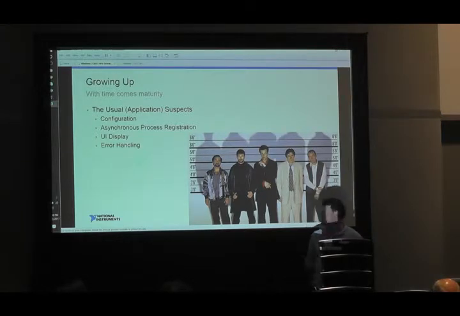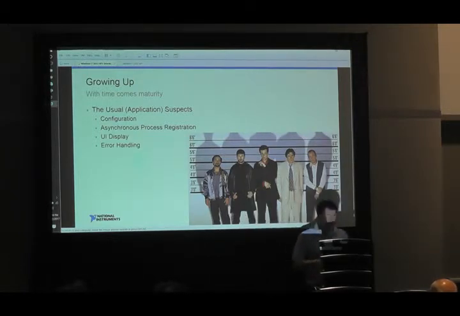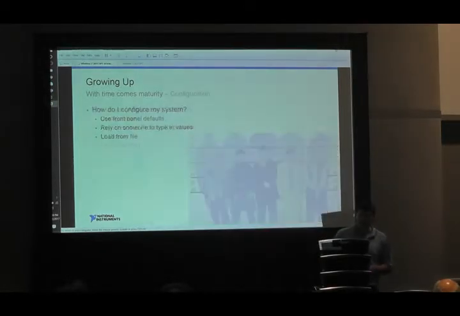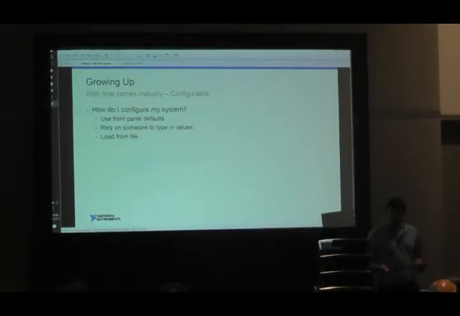And those usual suspects ended up being configuration-based, asynchronous process registration, UI display, and then finally error handling. So the course of the rest of this presentation is really going to focus on those specific 4 items. All right. So you probably get this from your customers, or maybe even ask yourself, how do you go about